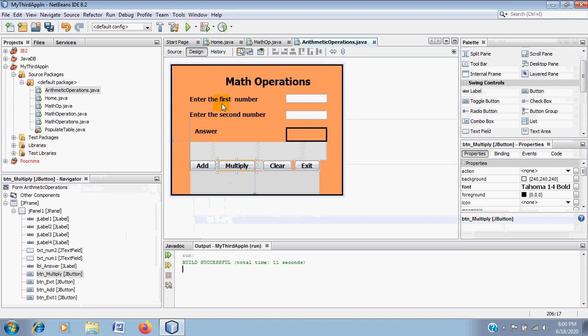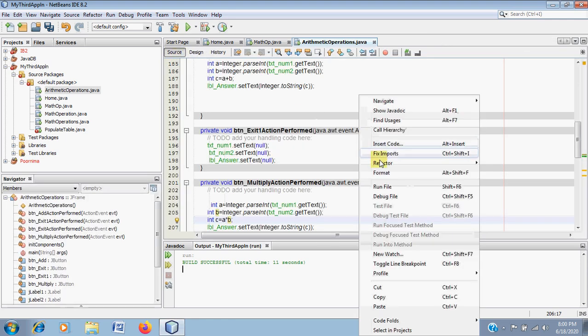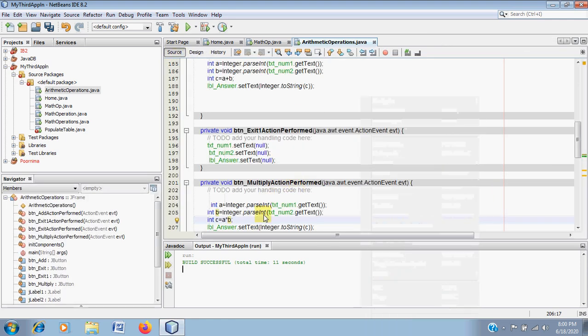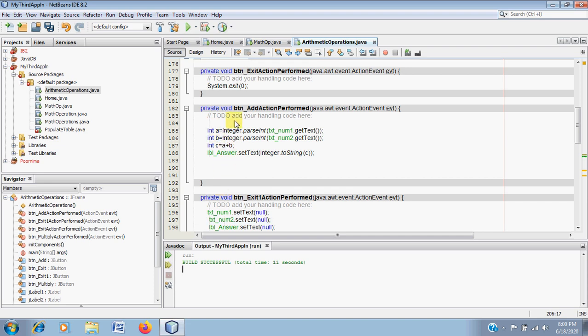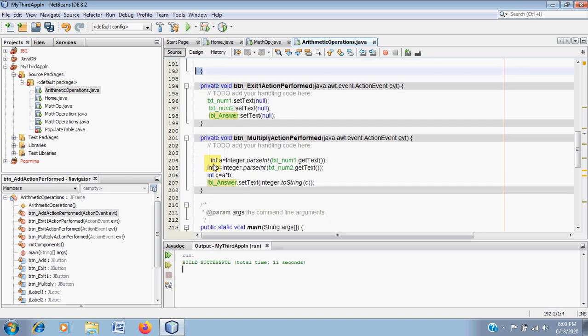Now you may ask, why am I using integer a, b here again? Integer a, b can be used here again because, when you see this method here, the scope of this method ends over here. So integer a, b, c will lose its scope as soon as this method is finished. Now we are pressing a different button here, so you can use the same variable name in another method.